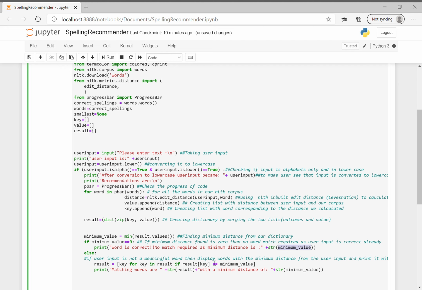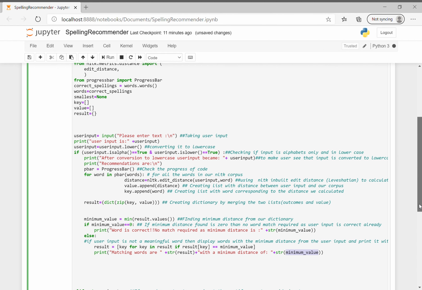So this is what we are trying to show here: for that particular word, what is the possible minimum valued word. The user will be able to see the matching words, if it is more than one word, because it is quite possible, right? If there's a dictionary, there could be n number of possible scenarios for recommendation, then what those words are and what the minimum distance was with the given user input.